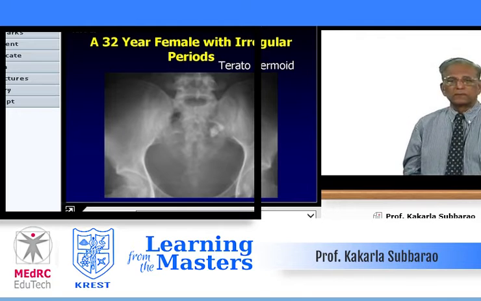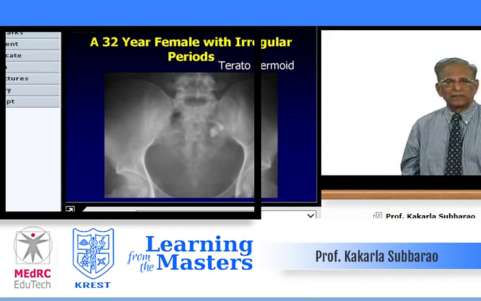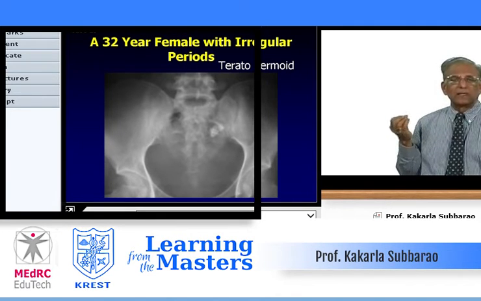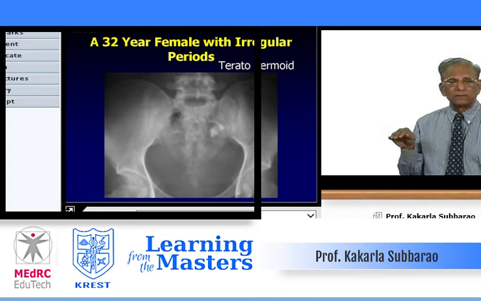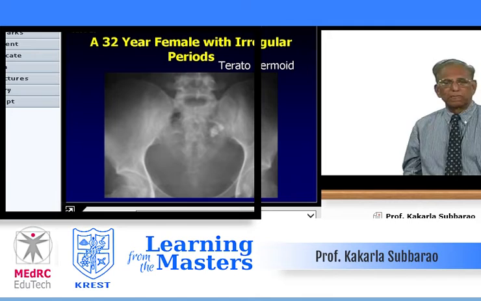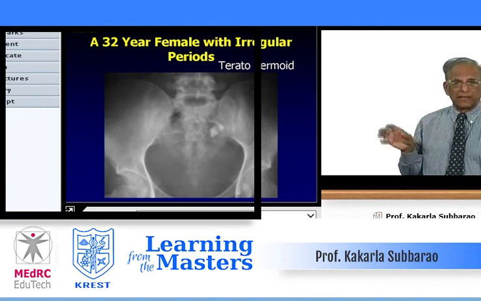Then case number 17, a female, no contrast is given. You see some densities in a mass, and those densities resemble teeth. Very simple. Even an undergraduate could diagnose that is a dermoid, a teratodermoid. Occasionally, if you take a film in the erect posture, you may find fluid levels. Often it arises from the ovary, and it may be placed anywhere in the midline or in the left upper quadrant, left lower quadrant, anywhere, depending upon the size. This is a typical appearance of a teratodermoid arising from the ovary.